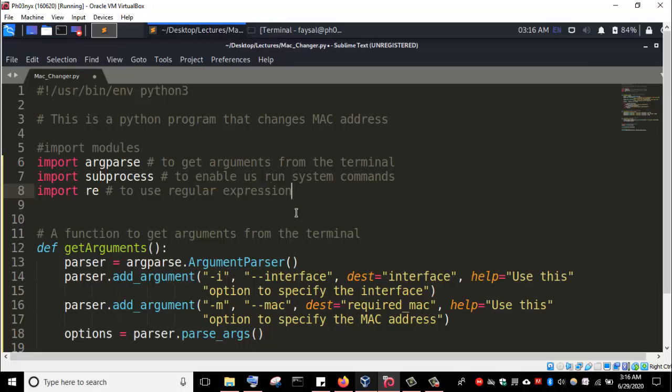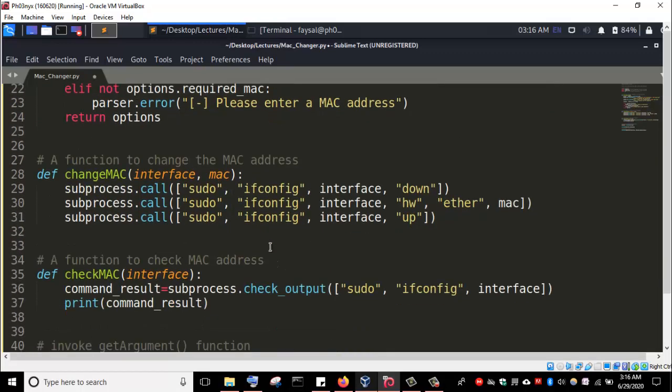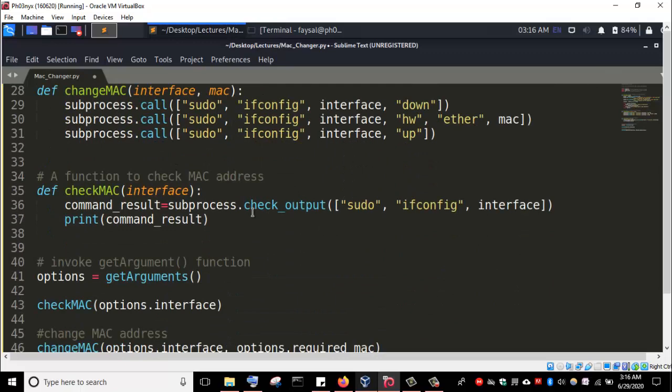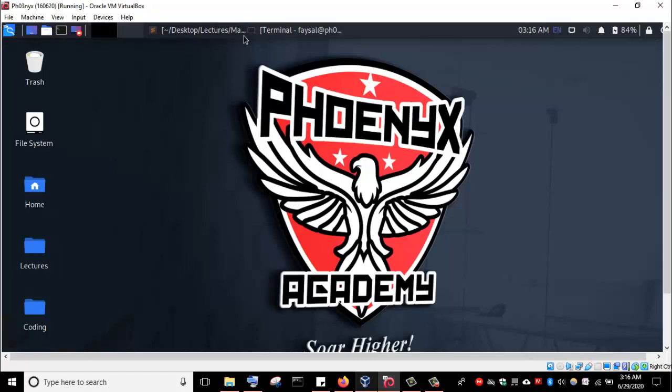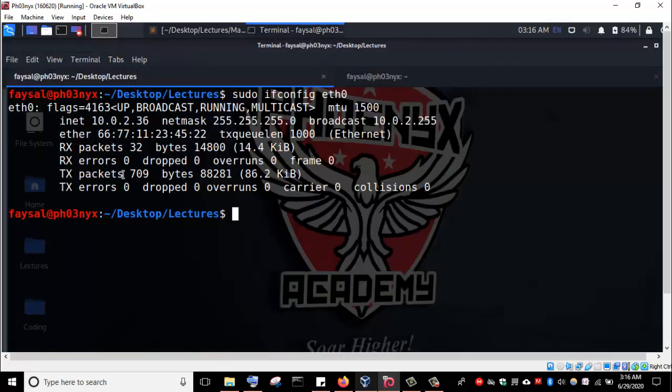All right, and then I can come over here, but before that we have to get the regular expression that will enable us to extract this MAC address. A regular expression that we can use to extract this particular alphanumeric value, which is how a MAC address looks, which is hexadecimal. Okay, so to do that, let me launch my